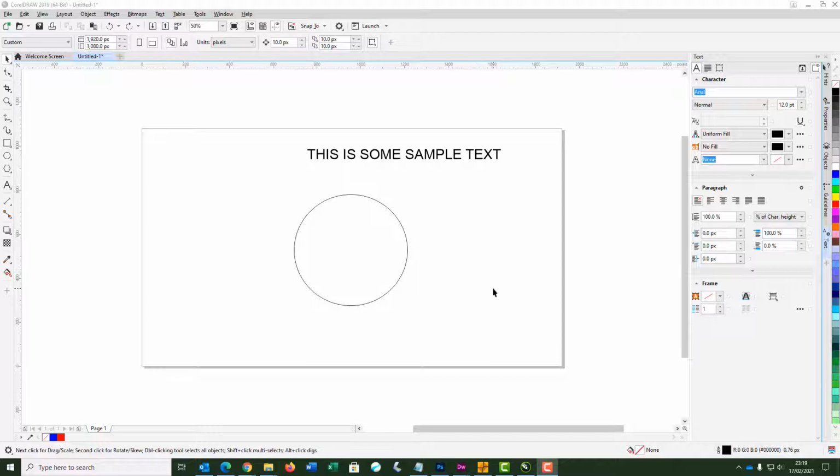To ensure that what I do is proportionally correct for my video, I've set my background to 1920 by 10,000, so that's my workspace in CorelDRAW at 96 dpi. That represents a full screen,